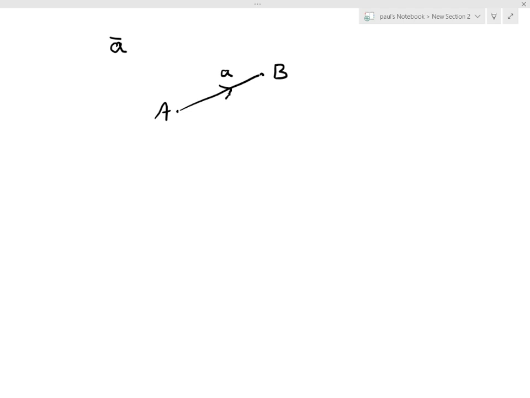Now if you have something that is twice as long as this in the same direction, because it's the same direction, it's the same vector as A, but because it's twice as long, it will be 2A. Because these are multiples of each other, it means they're parallel to each other. And sometimes you have shapes like a parallelogram or trapezium and you've got to prove that they're parallel. So as long as you get one as a multiple of the other,